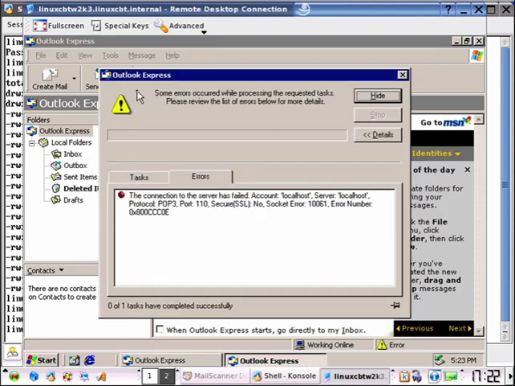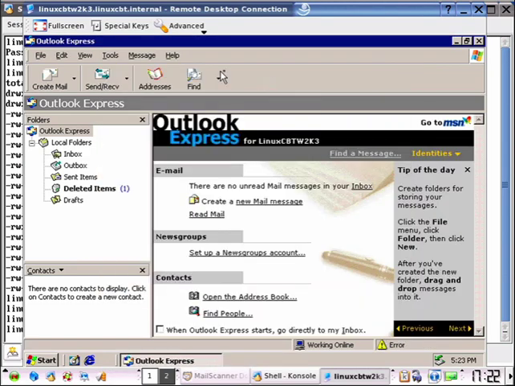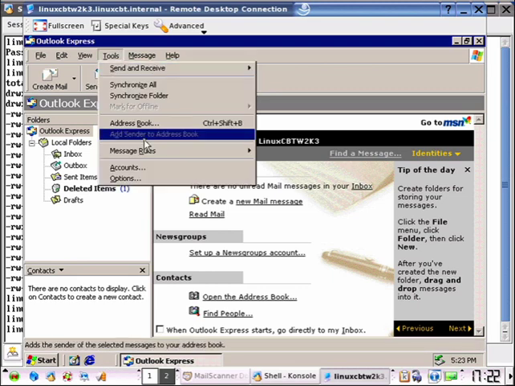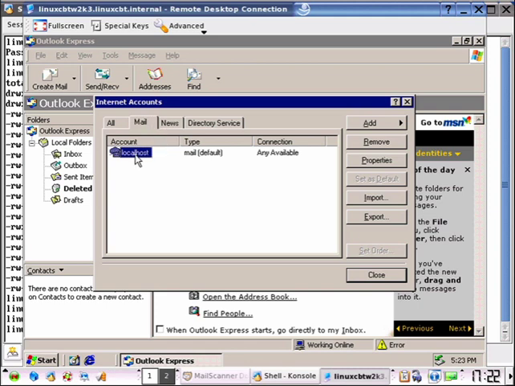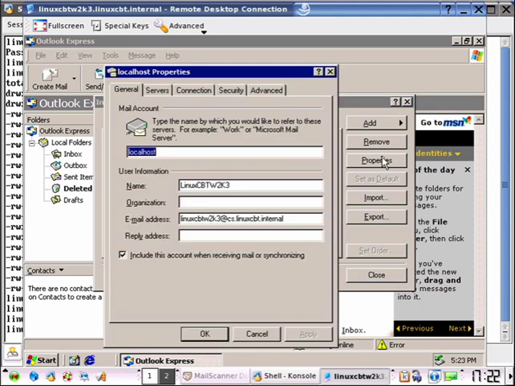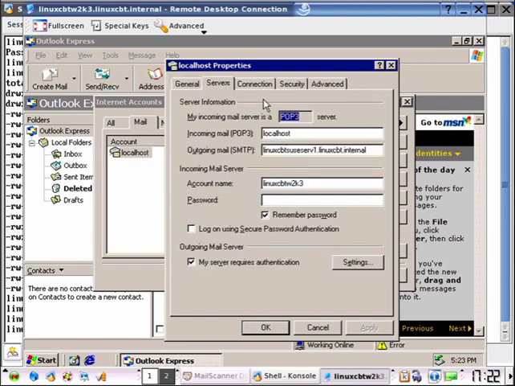So now we're in Outlook Express. Ignore the POP3 error because we don't have the POP retrieval server configured on our SUSE Enterprise box, so it'll return an error invariably. Let's go to properties of the only defined profile here, which is labeled as localhost, and we'll navigate to the server section. Now we have remnants from our sendmail session where we set up SMTP auth, so we'll remove "my server requires authentication", and we'll ensure that the outgoing mail server is linuxcbt